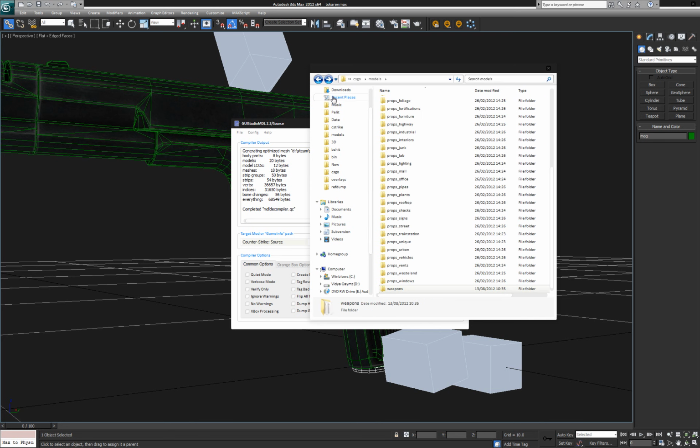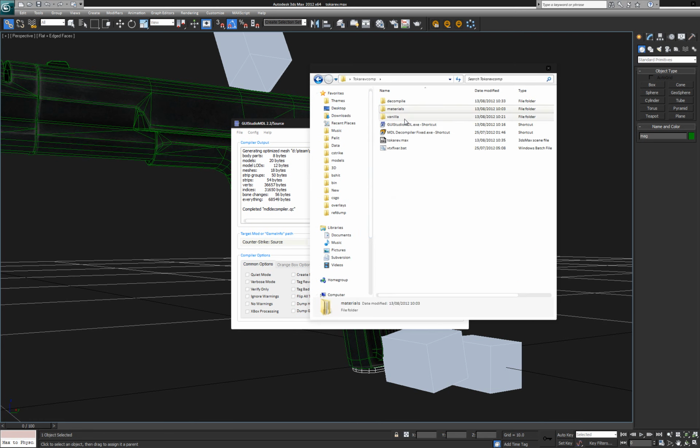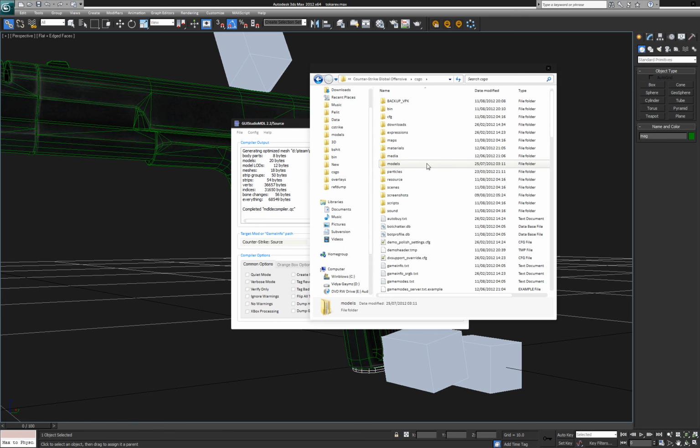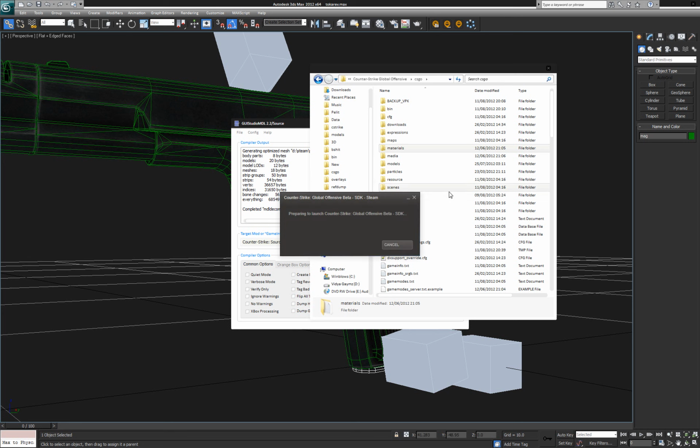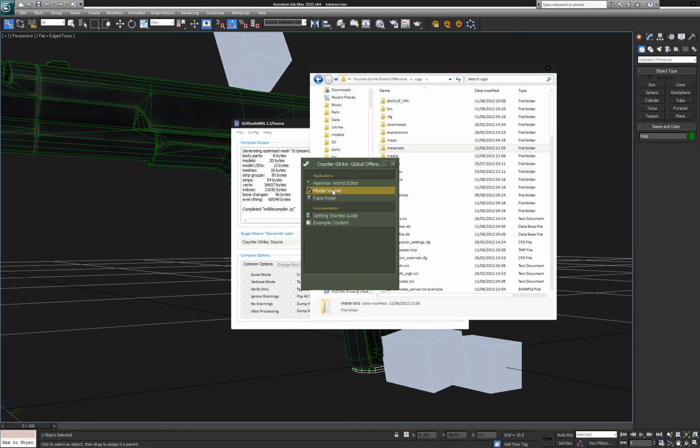And I'll also have to copy my material folder. And now load up the Global Offensive SDK and pray that it works. Yeah, actually before I do that, I'll have to